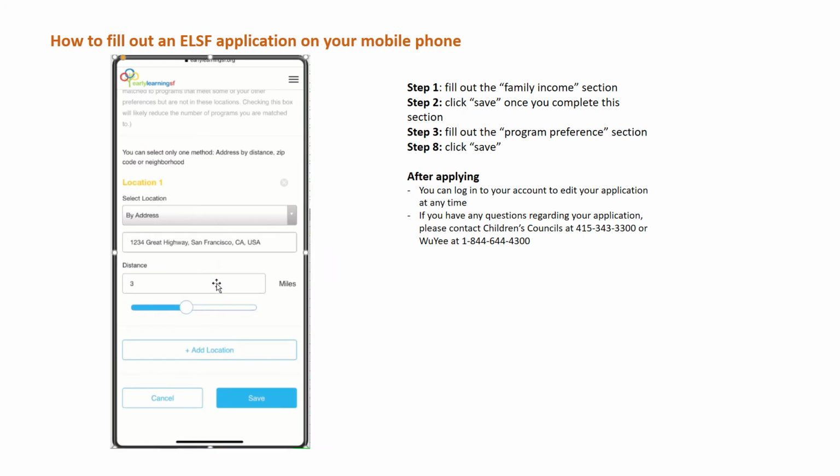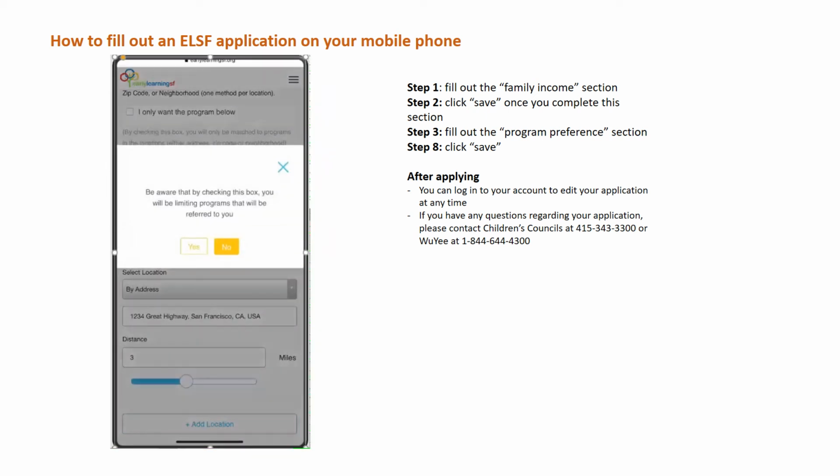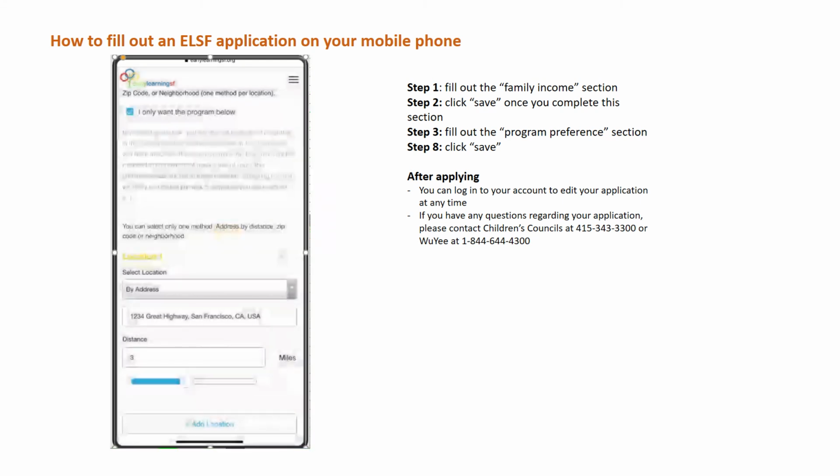there is a section that will ask if you want the program below. By clicking this option, you're indicating that you only want to search within the locations you've provided below. If you do not select that option, then you're letting us know that you want to search for childcare throughout